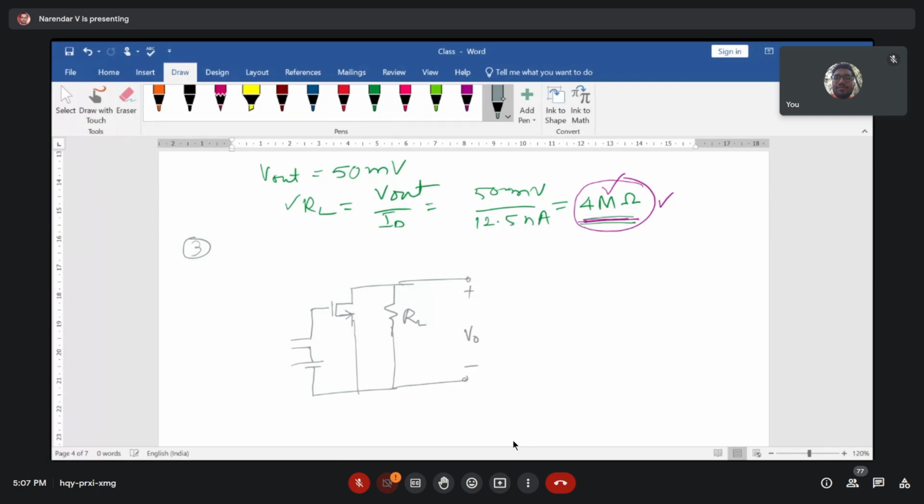This is V out that we are expecting. Here we have 5 millivolts of audio signal, and this is V naught. We are not defining what value it is, but it is greater than VTH, a higher value than your VTH value. So if we draw a plot here,